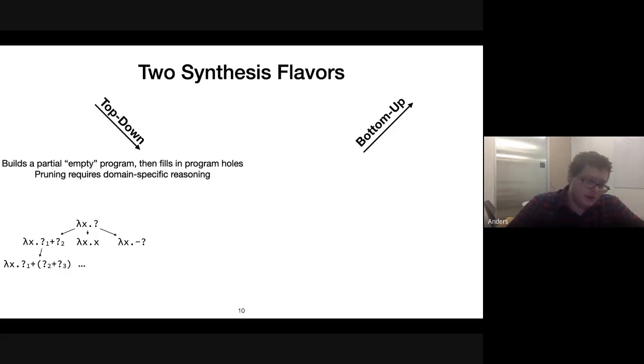Now, this type of general-purpose synthesis is a doubly exponential search space. So it's very complex what you're looking through, and it requires pruning. You need some sort of practical solution to the fact that you're navigating this exceedingly large search space.